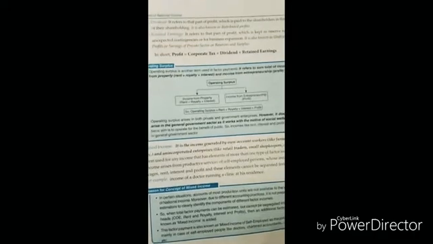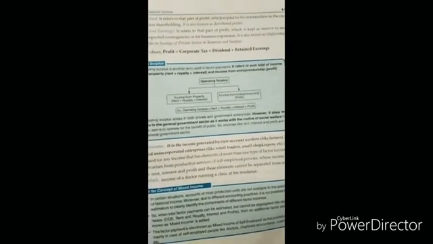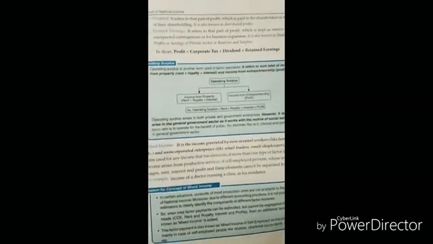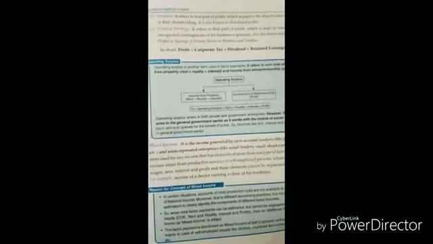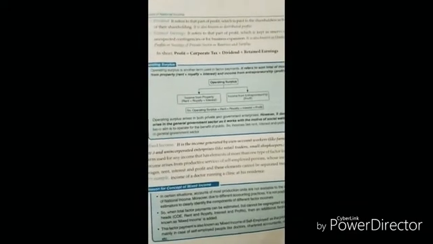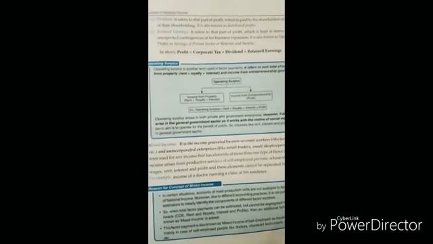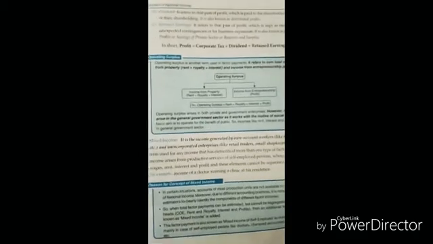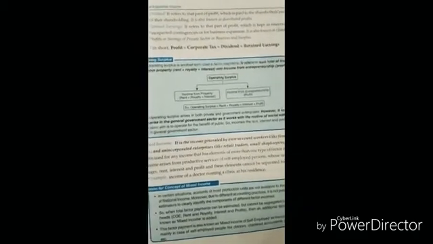Retained earning is generally known as reserve or surplus, or undistributed profit, because it is that part of profit which is kept as reserve to meet unexpected contingencies or for business expansion. For example, in future certain things may come up, so this amount is retained for meeting such contingencies or for business expansion. So in short, we can say profit is equal to corporate tax plus dividend plus retained